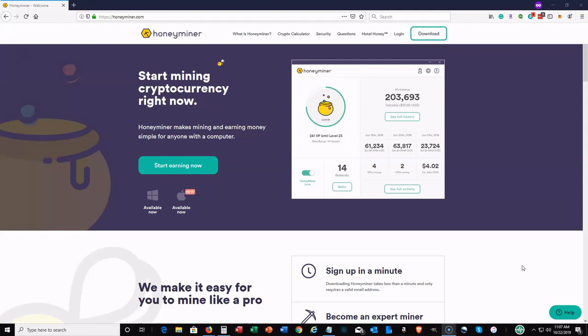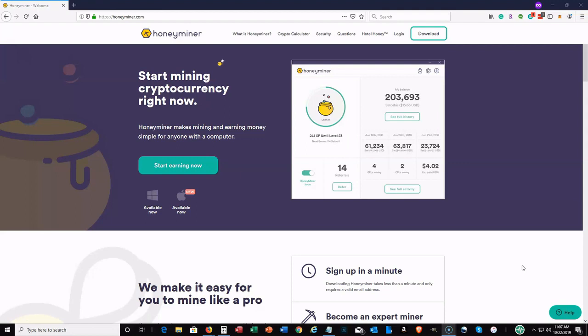So if you're involved with cryptocurrency, you do know one part of it is mining, if you choose. Now mining can be very, very technical, and it can require a lot of very expensive equipment. If you buy these serious ASIC miners and you want to mine Bitcoin or cryptocurrency, that's a lot to do. So basically, this Honeyminer